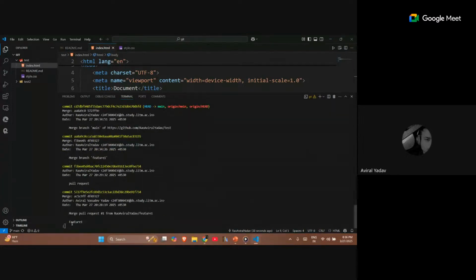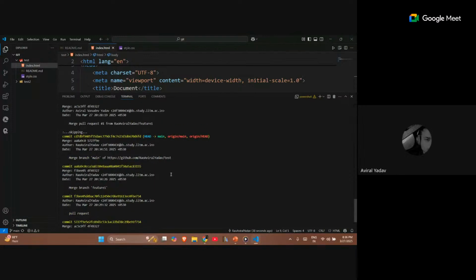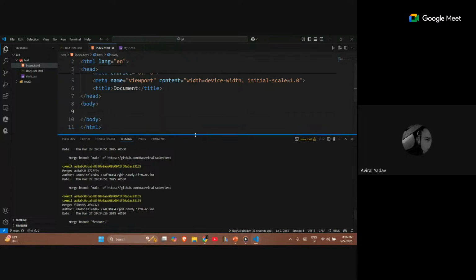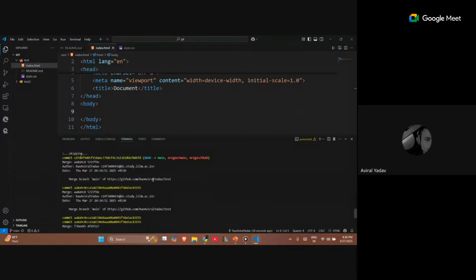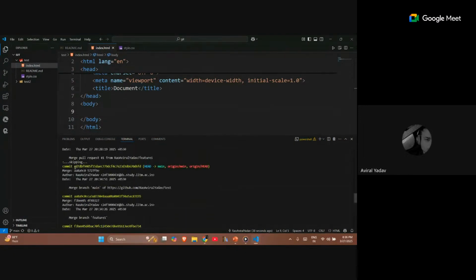What if we want to delete a particular change? For example, we have made a mistake and committed it and even pushed it further. So what if I want to undo it? What I can do is simply take this hash. Hash means this commit title. For example, this is the hash for this particular commit.